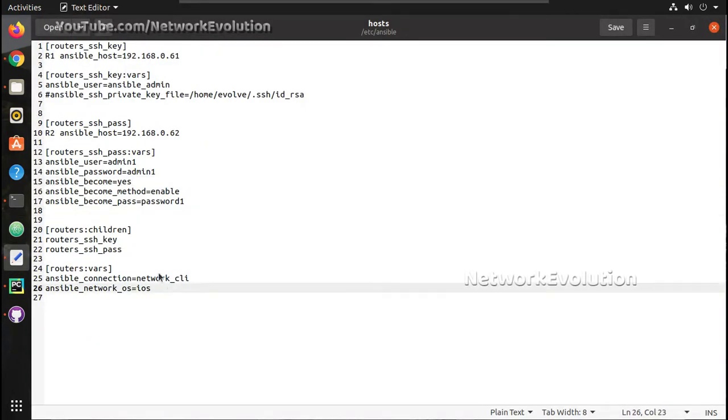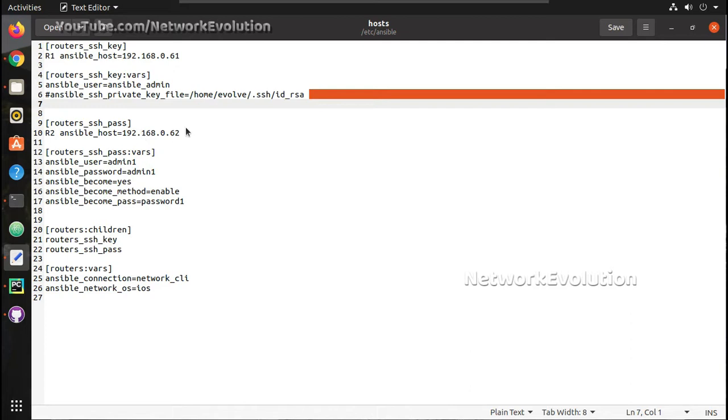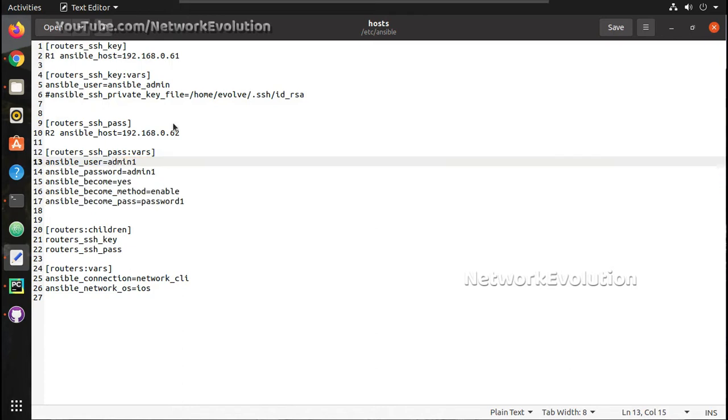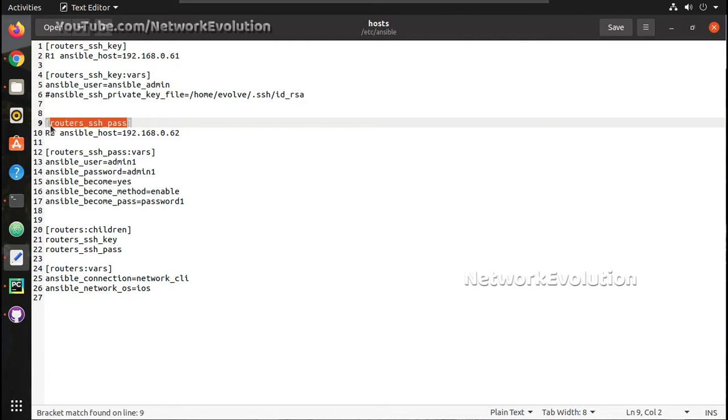This was the inventory file I used. Here you can see 61 is using an SSH key and 62 is using username and password, with the enable password also enabled. In this video we'll be using only one device, 62. So I'll be using this particular group for configuring and testing the playbook.